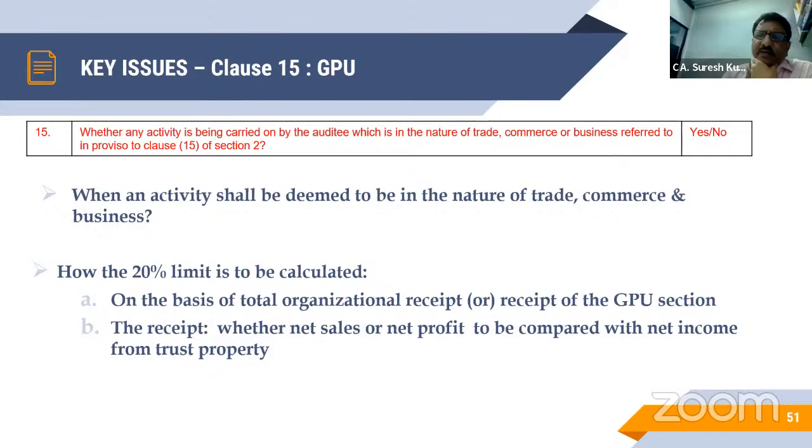Manoj, you are saying that net income and net profit shall be taken for the purpose of application of income, when income is available for application. But for the purpose of the 20% calculation, it has to be the total turnover of the business. Just as we said for calculation of the 5 crore limit, for applicability of 10B or 10BB, for that limited purpose, in the beginning we said how to compute that. For the limited purpose of calculating 20% under the proviso to 215, the gross turnover from business should be used. Otherwise, for all purposes, net income from business only will go to the overall income, and that will be the